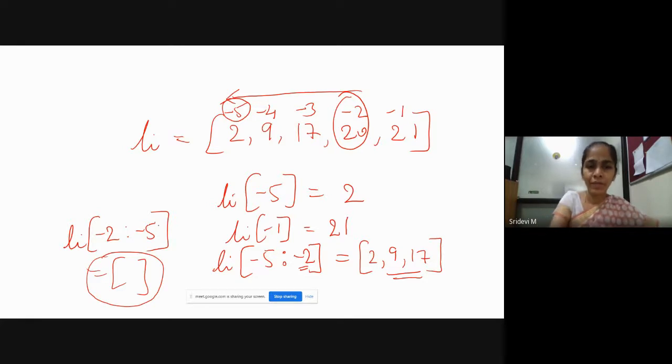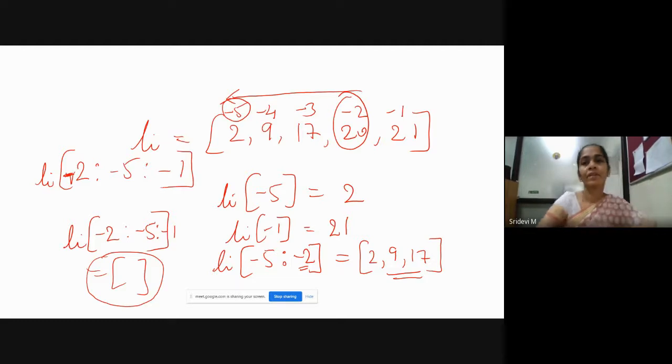In this case, to rectify our mistake, you can just give -1 here. So you give the slicing as list -2 to -5, with reverse traversal. The step value, we mention it in the reverse way. We ask it to traverse the list in the reverse manner by mentioning -1.